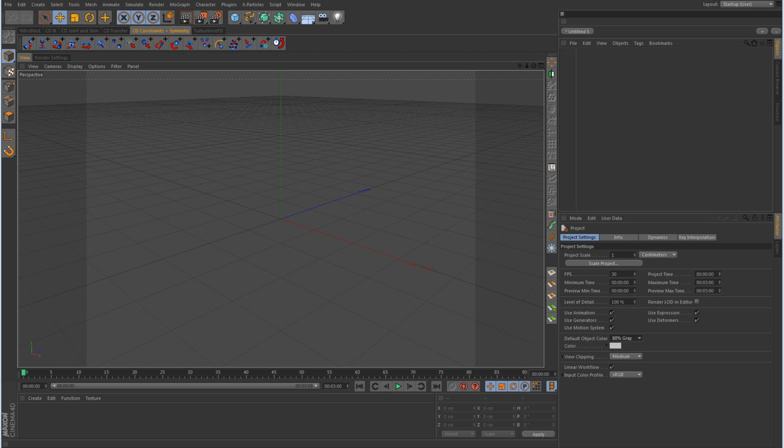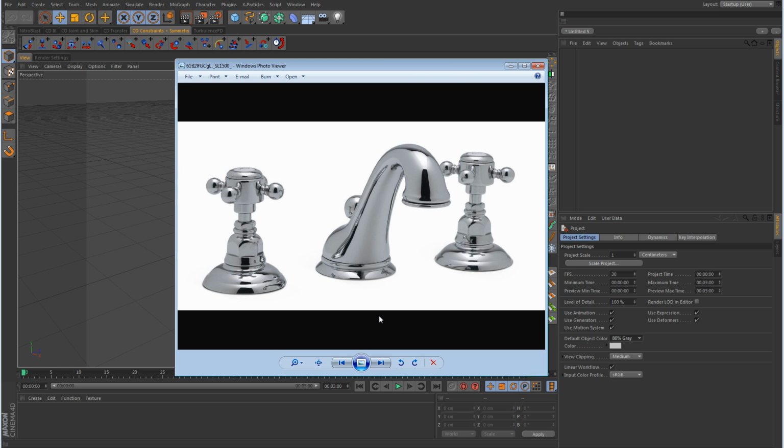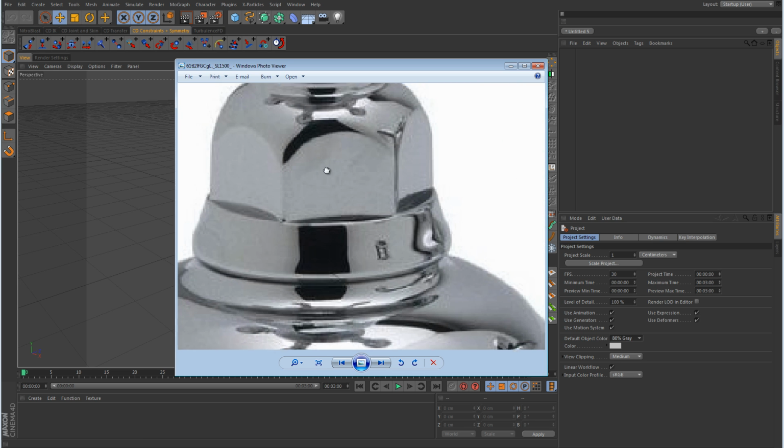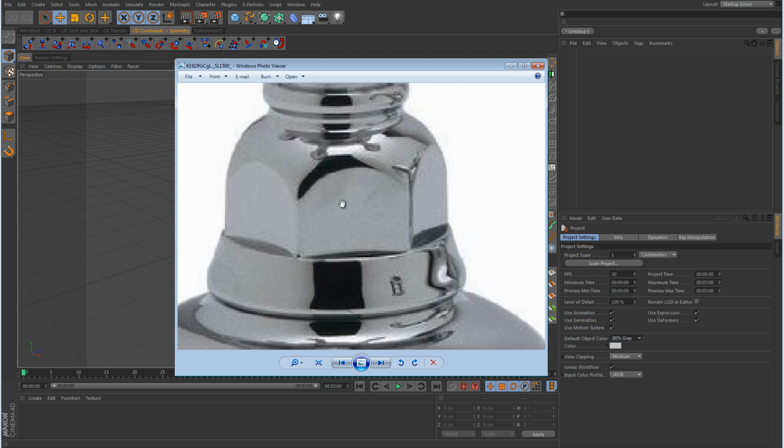So what I saw was a fitting for this particular sink faucet collection here. And no, don't worry, we're not going to be modeling this entire thing. What I'm mainly concerned about was this section right here. And I'm not sure the name of this particular type of fitting, but you can see that it is cylindrical